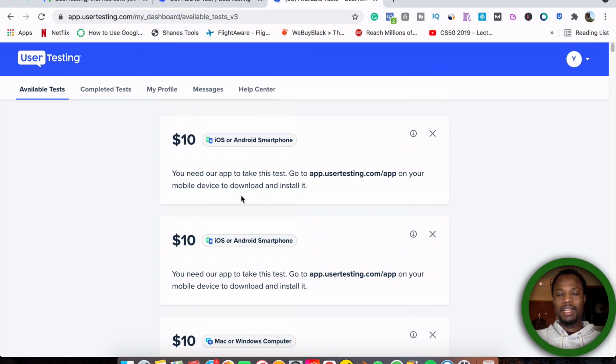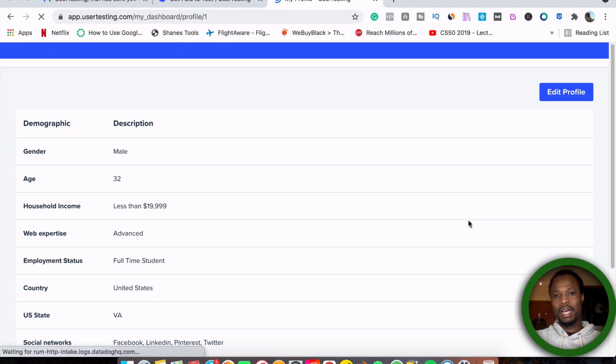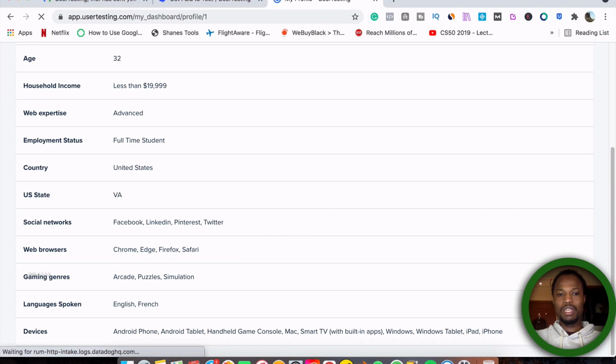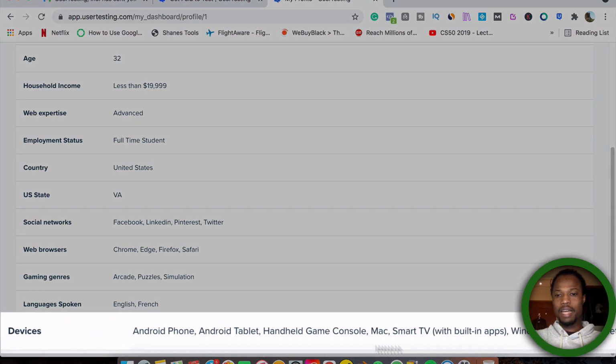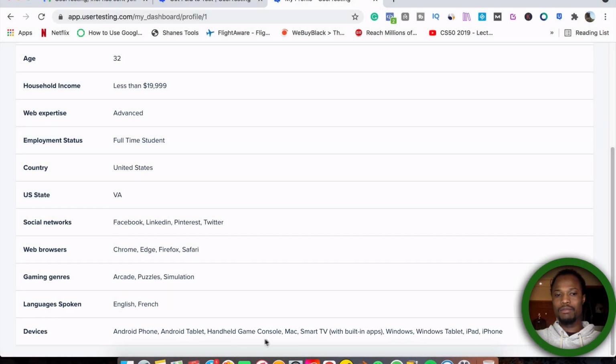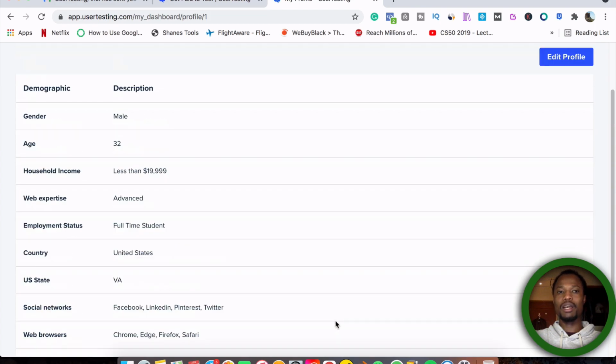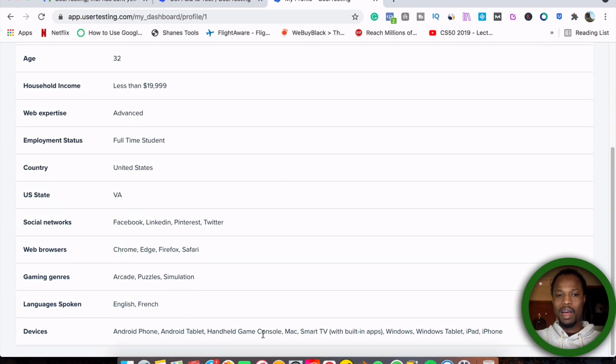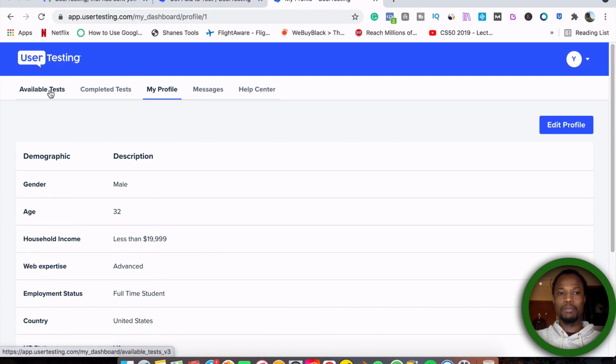But there is a little hack that I'm going to show you here. All right, it's because there are a lot of people who are not doing this on this website, to start making money. As you see here, in this section called devices, I don't have all those devices. All right, I just have my laptop and my phone. But I put in all those devices from my friends. So I just put in the devices that they have. So as soon as I get tests for a device that I don't have, I will go and do the test and then get paid.